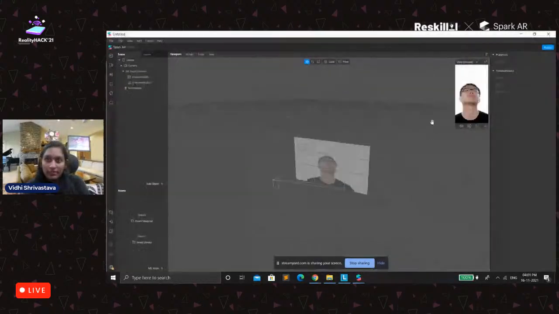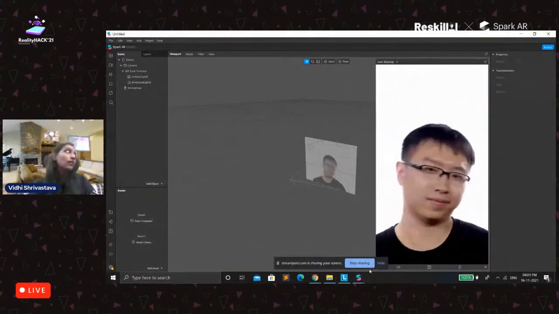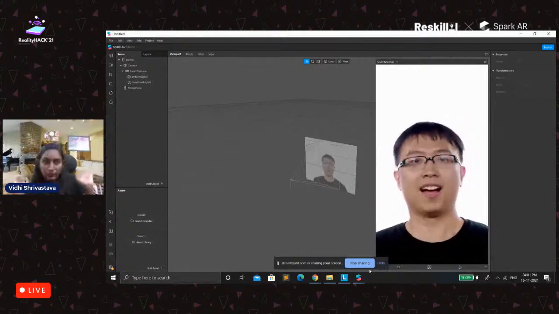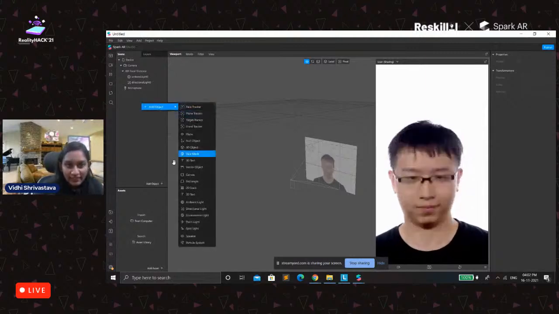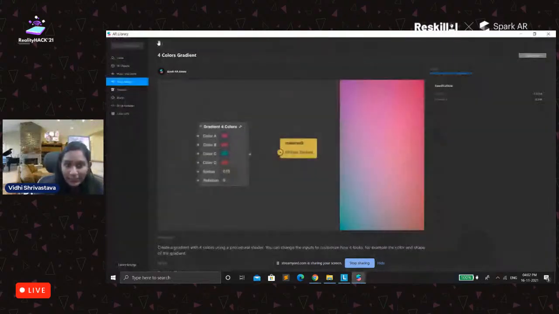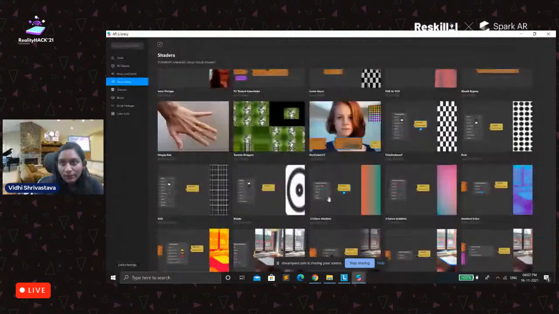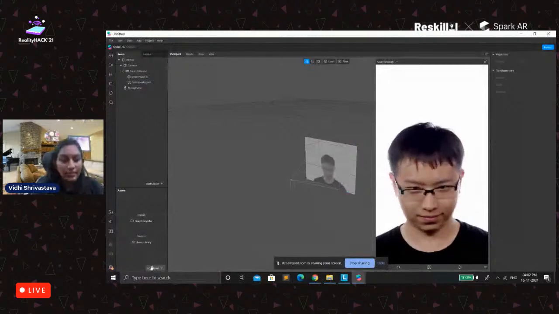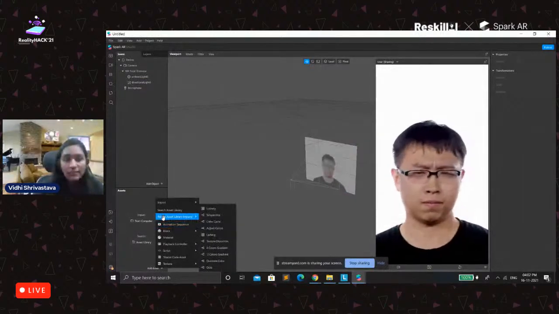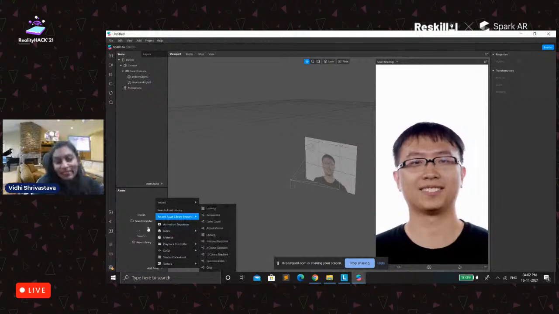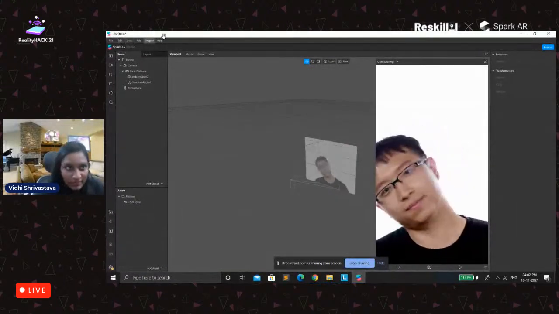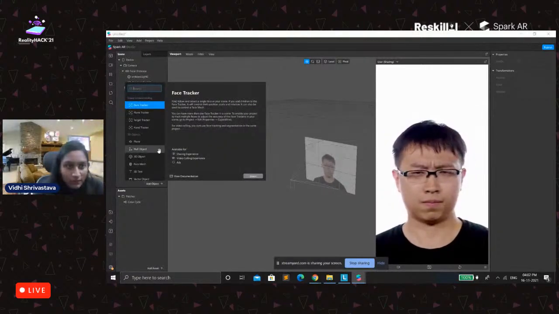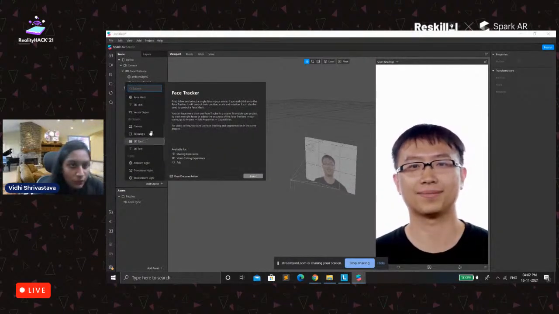So here is a blank project. You guys should have seen the disco light effects on Instagram. Have you ever thought of how it is being made? If not, then let's go and make it. One more thing: if you have already downloaded the assets, you don't have to open the assets library again and again. Spark AR is too smart, and it will just show in your recent assets library. So let's add a color cycle here, and we will add an object here. The object is a rectangle.